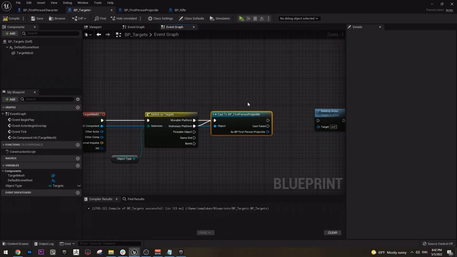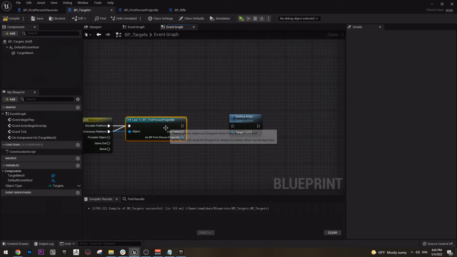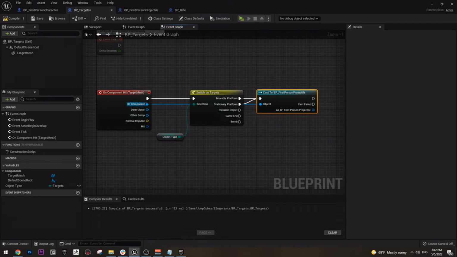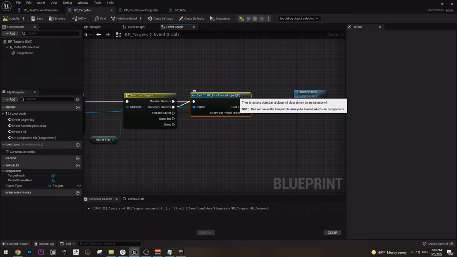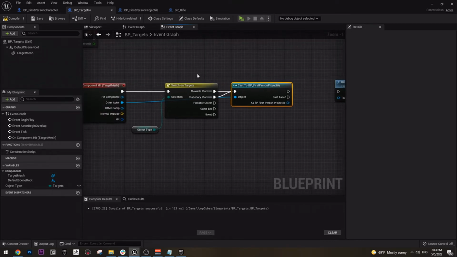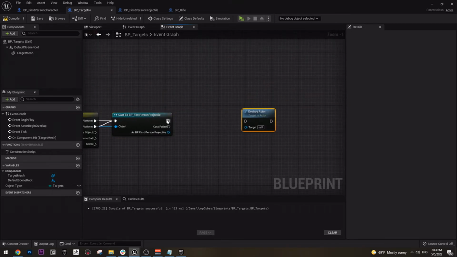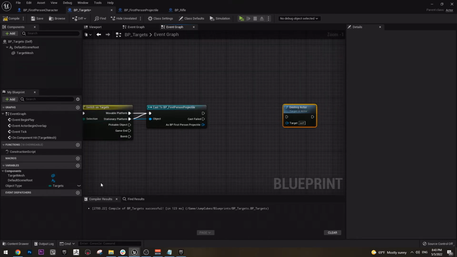And also this is better. So if we check if our hit component, or rather other actor, is this projectile, so if the actor that hits it is the projectile, only then we are going to execute our functionality, which we need an event, basically event dispatcher. So if you remember, I explained with the bullet system a few minutes ago, and here we're going